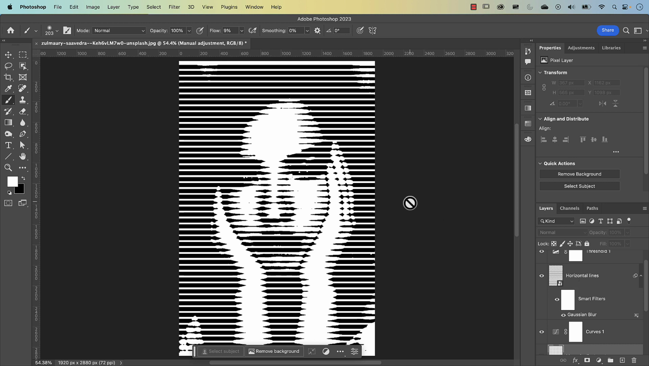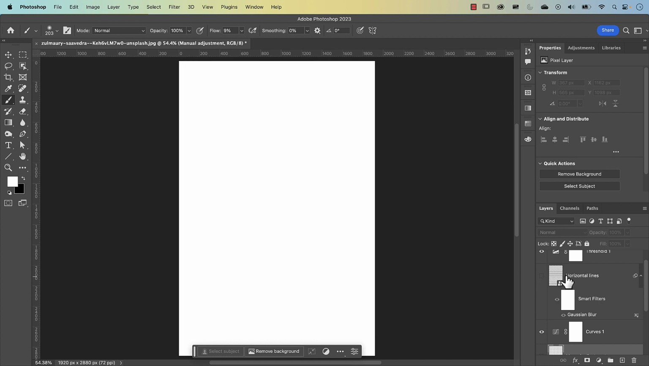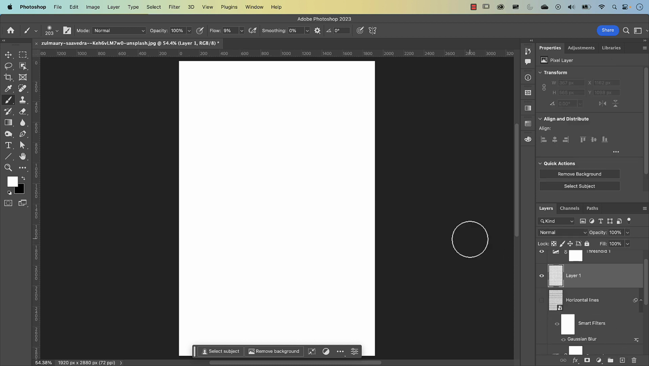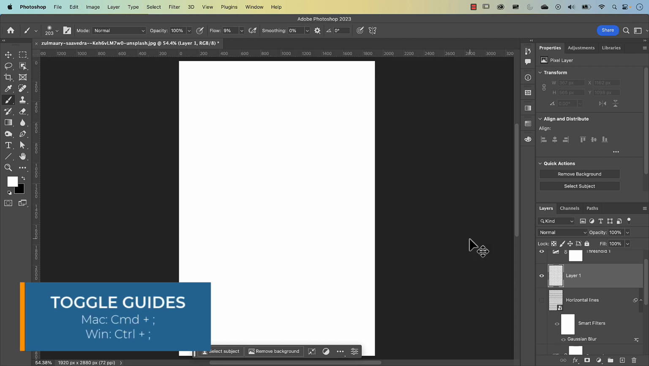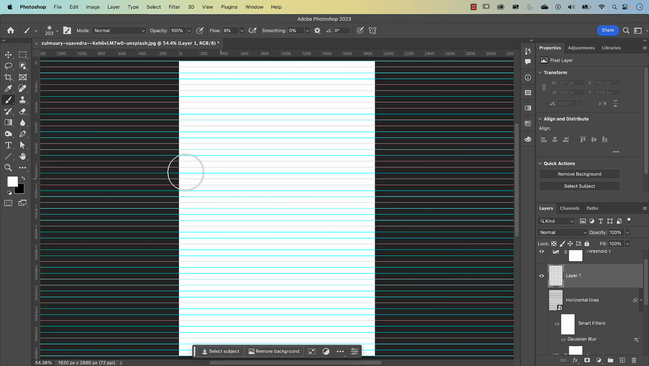So let's just demonstrate that. I'm going to turn off the visibility of the horizontal layer here. I'm going to add another layer. I'm going to bring back my grid lines. I can do that by pressing Command or Control semicolon,